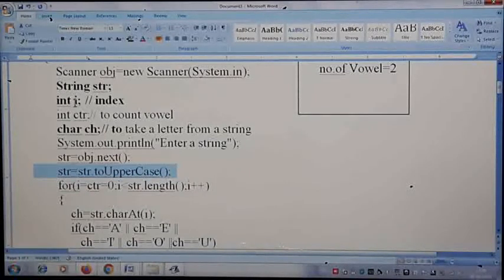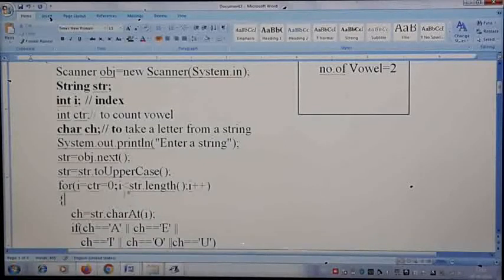I is one index variable I have taken and each and every letter is given an index number. Here I am taking I with the initial value 0 because index numbers start from 0, and initially I don't know how many vowels are there. The counter also we initialize, CTR with 0. So this part I hope you are all clear with. Index number is pointing to 0. Initially I don't know how many vowels are there, so the counter variable also I have set with 0. Once you finish with that, then you give a semicolon. After that semicolon, then how long do we want to repeat the loop?